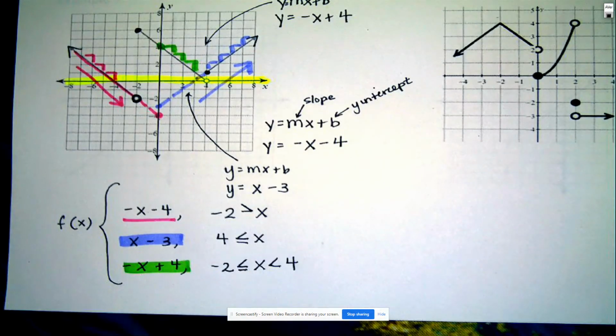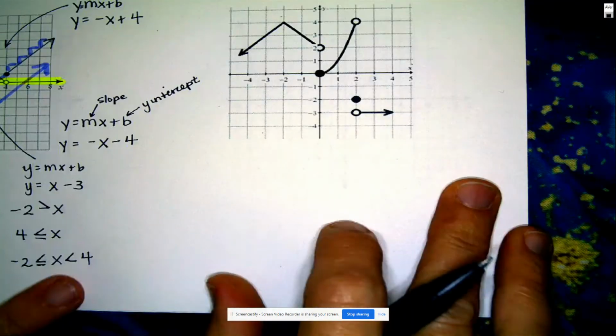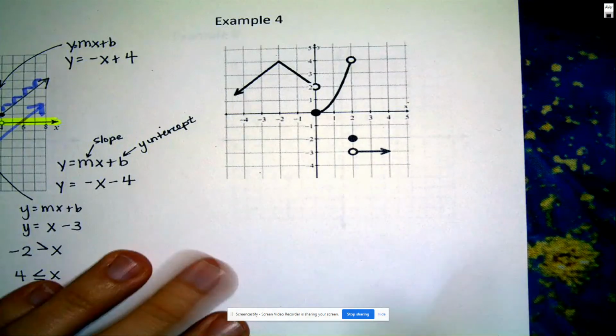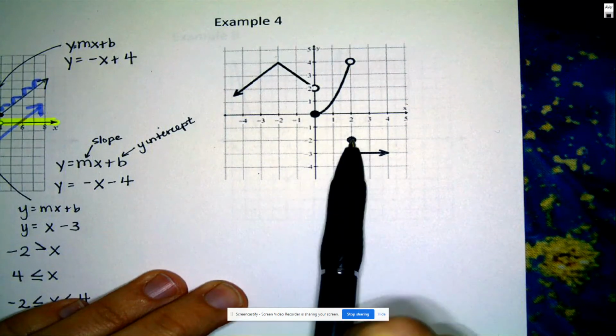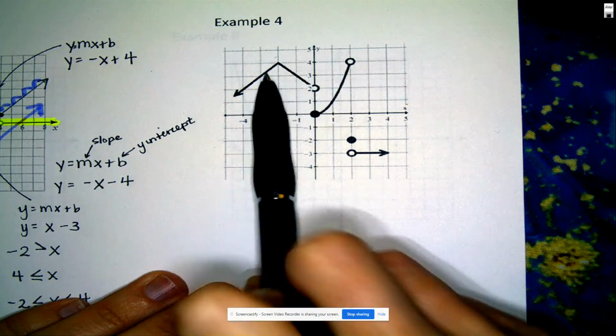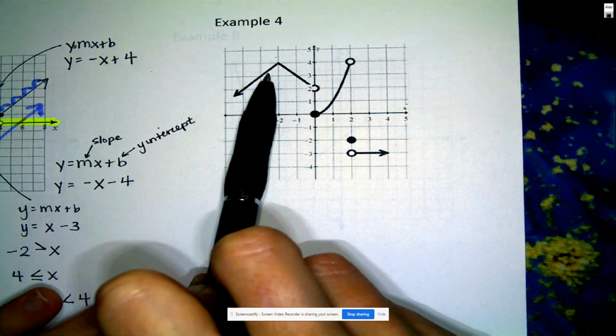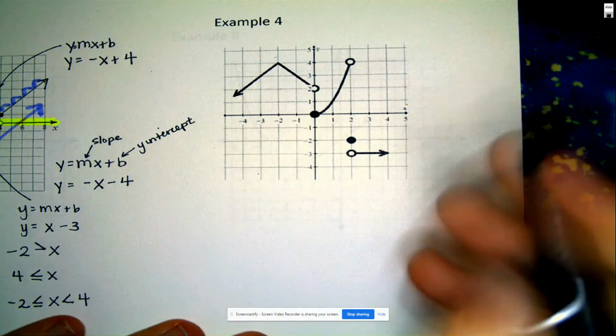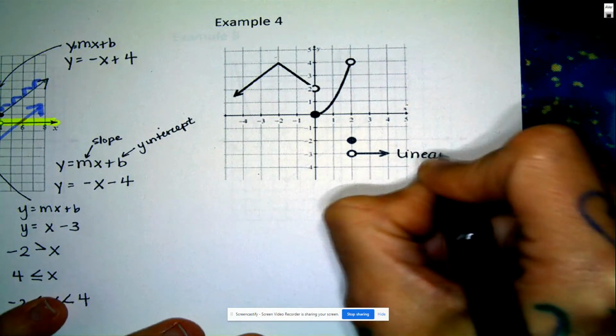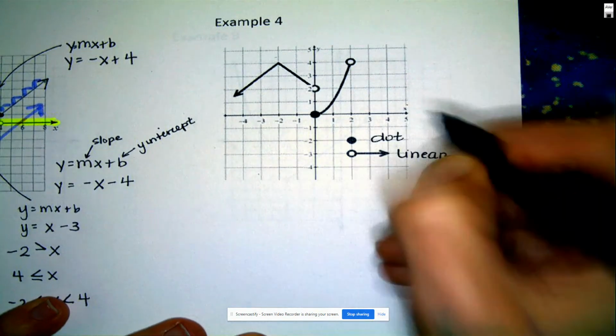So that's a 3-piece linear system of equation. Our next example, number 4, these are not all linears, and they are actually 4 pieces. So 1, 2, 3, 4, right? So then we are going to have 4 equations. This is linear. This is a dot, which we'll talk about in a minute. We have a quadratic here,